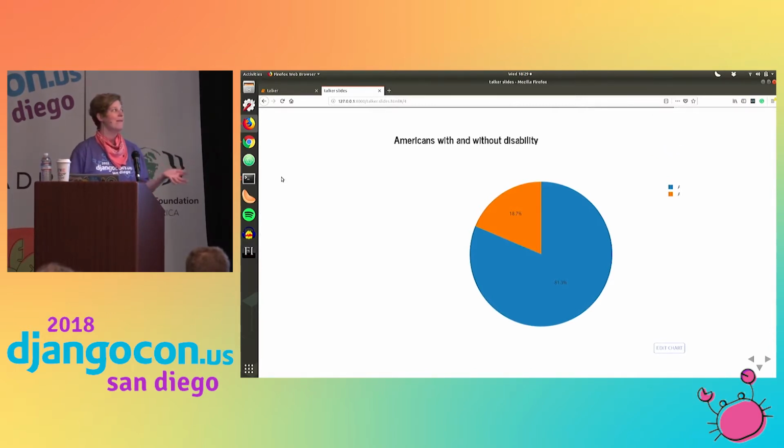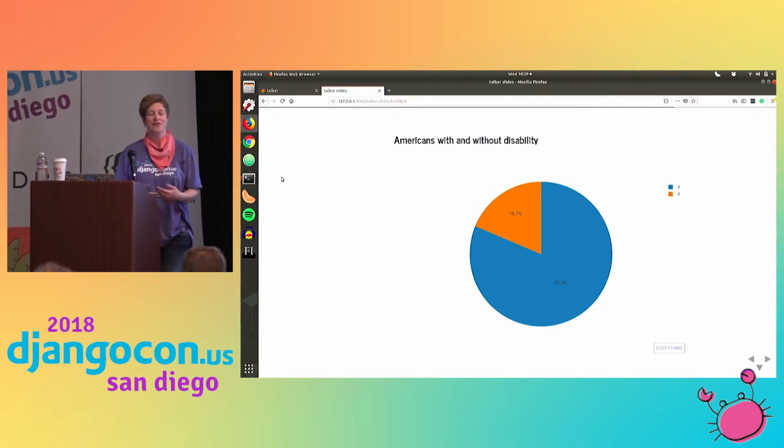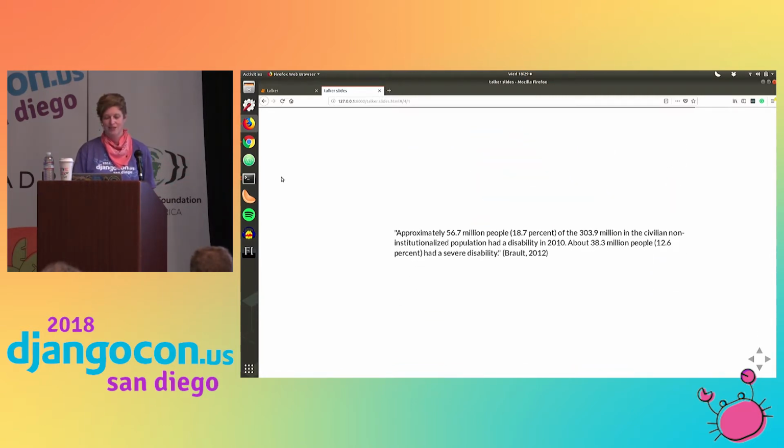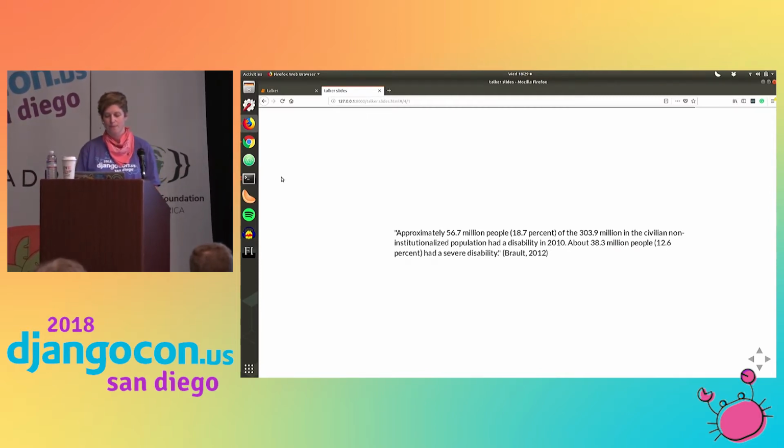So one of my main goals with this talk was to encourage people who already have developer skills to choose passion projects or portfolio pieces that are assistive in some way. According to the 2010 census, nearly 19% of the civilian non-institutionalized population of America lives with some sort of disability. So here are the numbers: 56 million people have a disability according to the census,